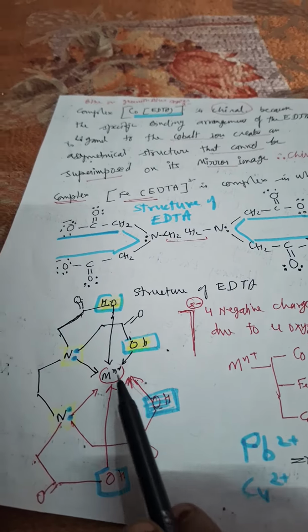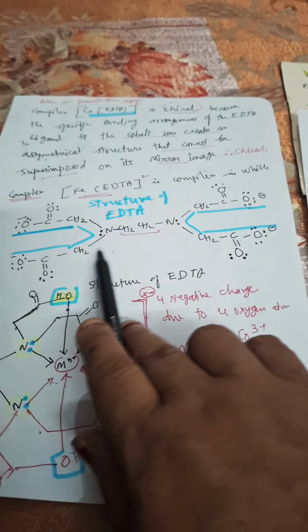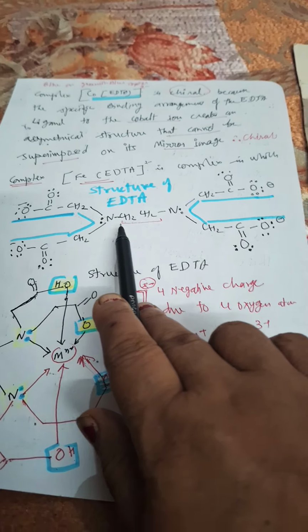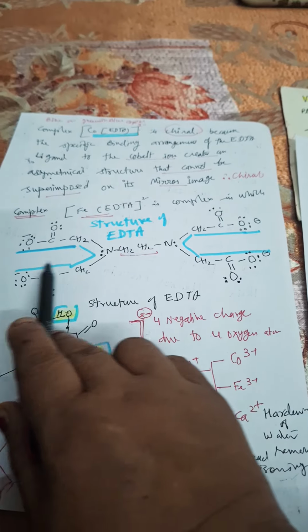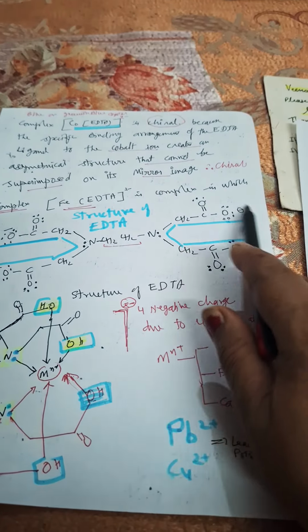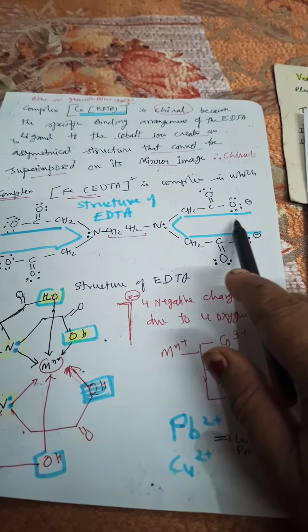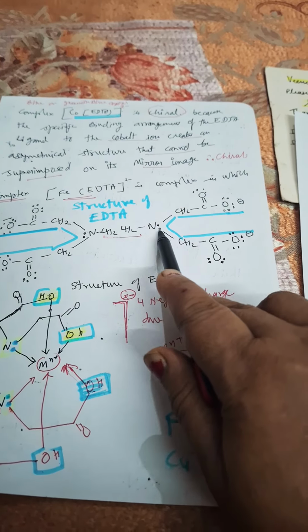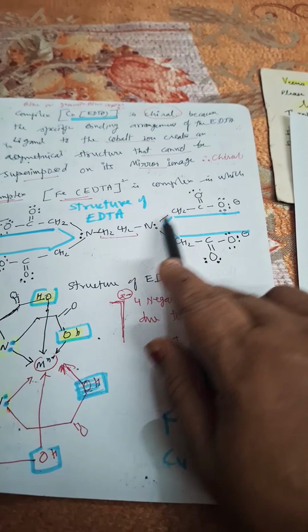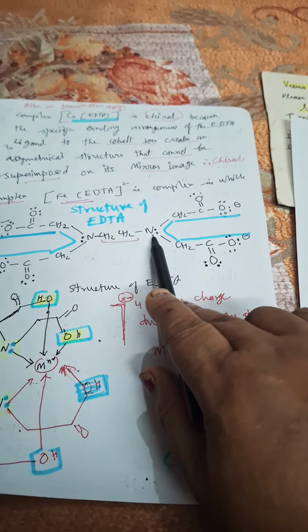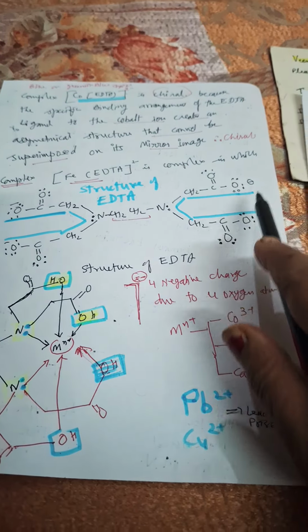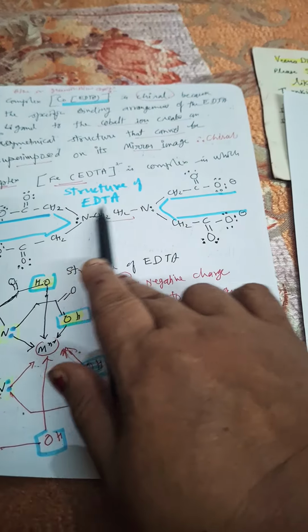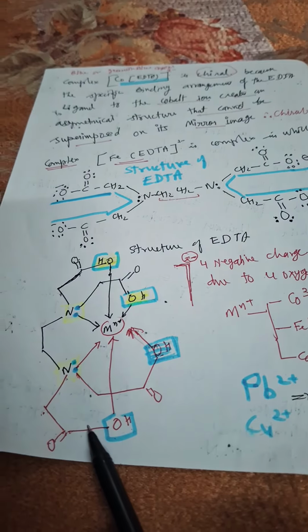Okay, now here we will think about EDTA, a hexadentate ligand. Okay, this is the structure of the hexadentate ligand. Ethylenediaminetetraacetate. See, CH2CO 1, CH2CO 2 times, CH2CO 3 times, CH2CO 4 times. So 2 CH2CO are joined to one nitrogen, and the second nitrogen also has this. This is a hexadentate ligand. 4 oxygens are donor atoms and 2 nitrogens are donor atoms. The structure is just like this.